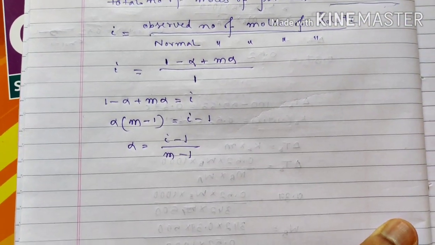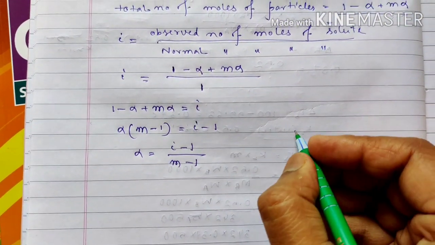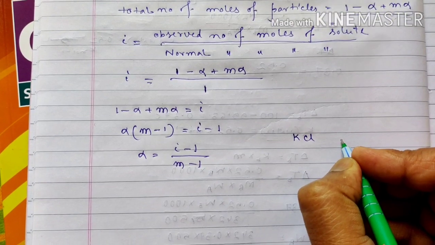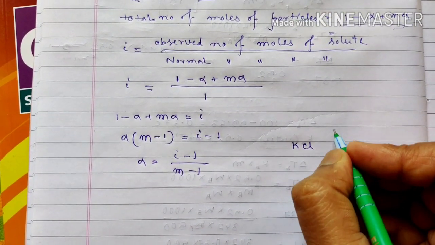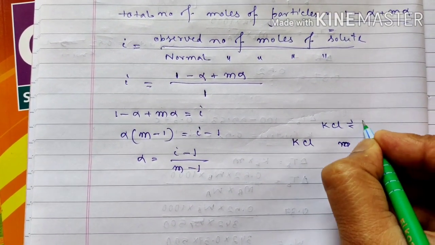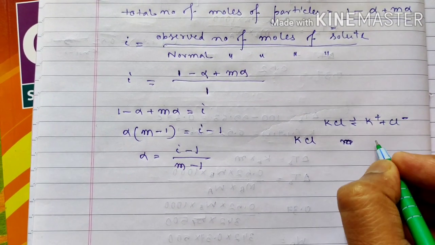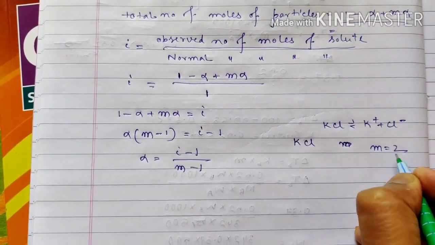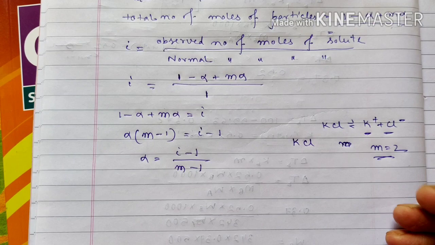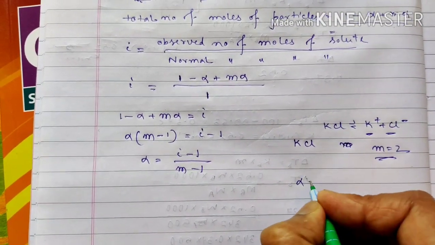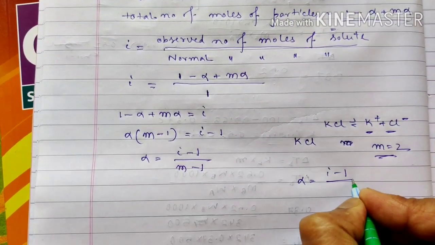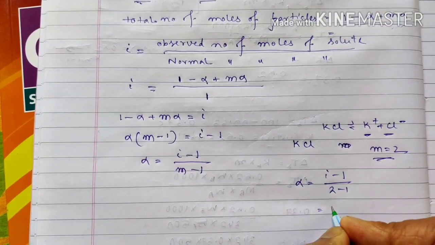Check carefully that, for example, if we take KCl, as we know KCl is going to dissociate into K plus and Cl minus. So its m value should be 2 because it is giving rise to 2 particles. So in that case, alpha value should be i minus 1 over 2 minus 1, that is